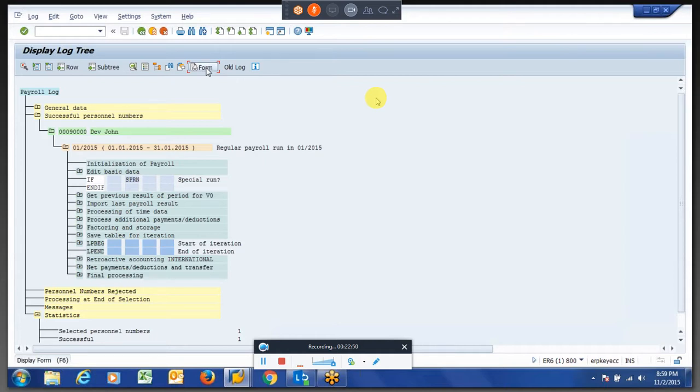If you want me to show more, in the RT table we have the wage tax. The annual income, that is the taxable income, is this much.